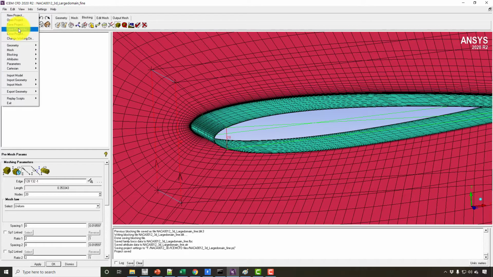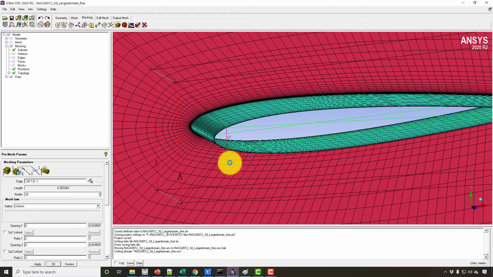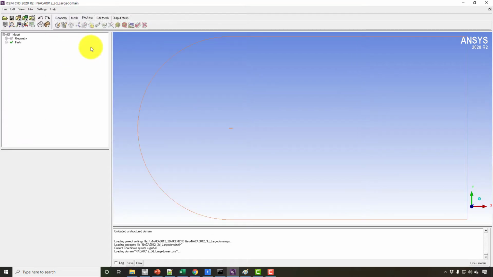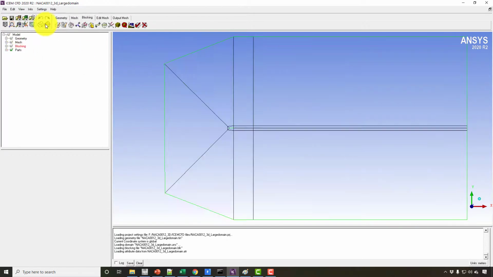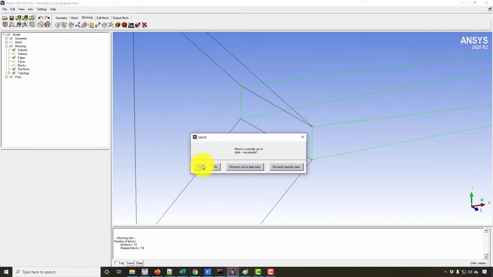I have already saved two files, one fine and one coarse. And the medium mesh files are the ones without any name. These are the medium mesh files. I just saved these two files with these two new names from the same file. So I'm going to open the medium mesh file, and instead of working on these new files, why not work on these files?